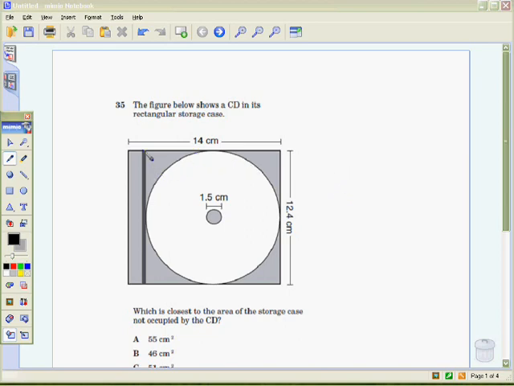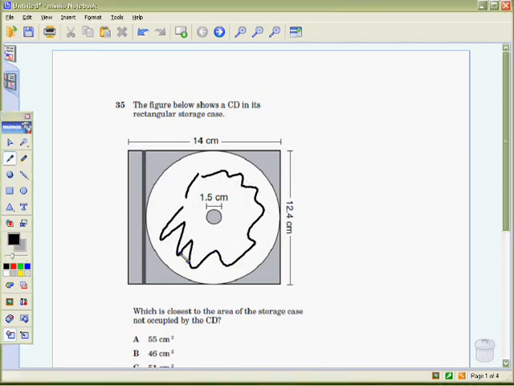So here we have the CD case, and we have this place where the CD was, this white spot, and we want to know what's the area of the figure that doesn't include the place where the CD occupied, or in other words, this white spot. All of this white part we don't want to know. We want to do without that. So the way I suggest that these type of problems are approached